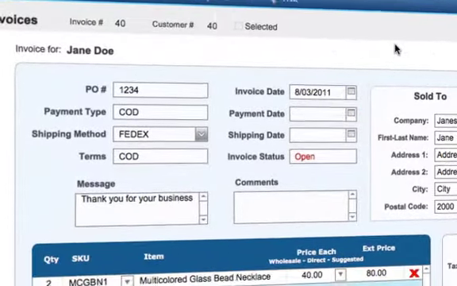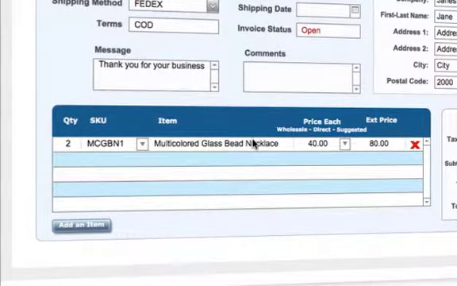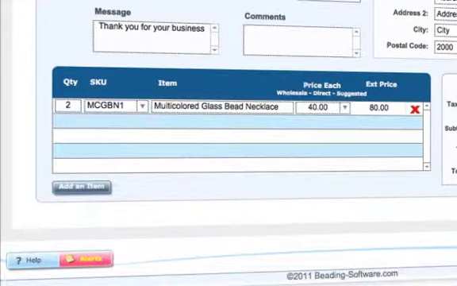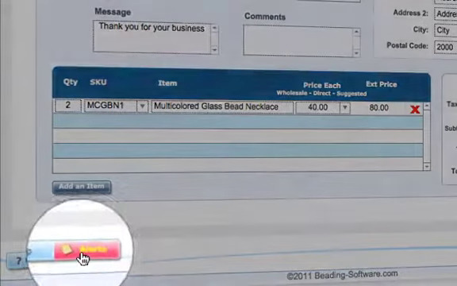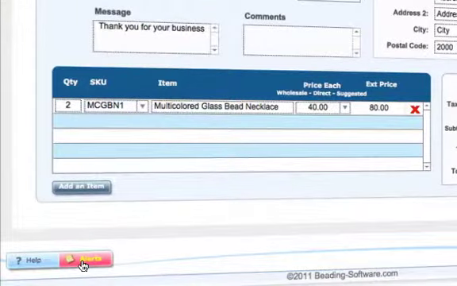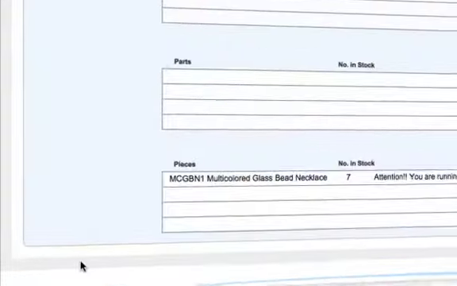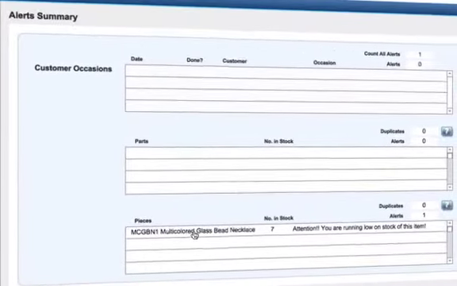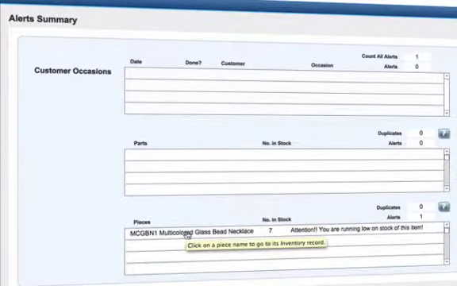Now there's one thing to show you here as well, so how this has actually managed everything that's in the stock. So we see here that we added 2 to the invoice. Now if we look down the bottom of the screen here, we can see that our alerts has gone red. So if we click into our alert section, we can see here we've got an alert on that piece. So if we click on there,